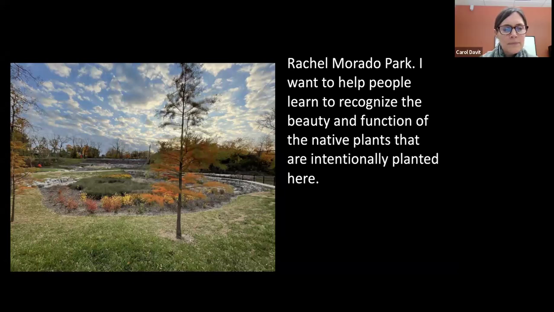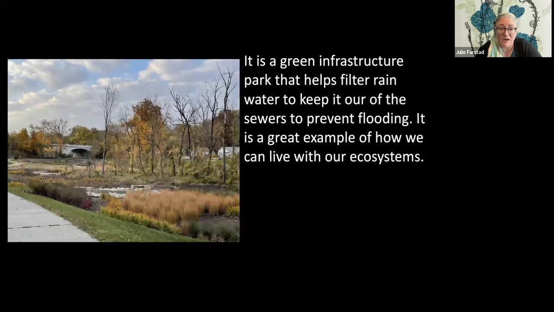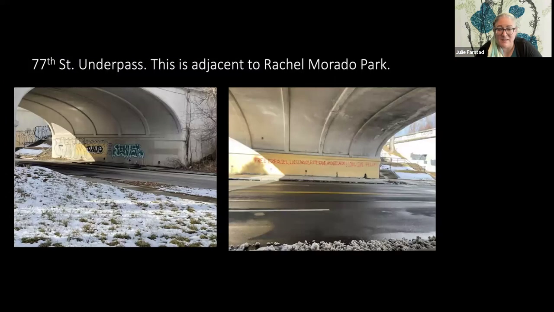The piece that we worked together on focused on Rachel Morado Park, which is this gorgeous green infrastructure park that's right down the street from me. It's just incredible. And people don't really know what it does, right? But it's all these native grasses and plants that help to filter our rainwater. And so this was this